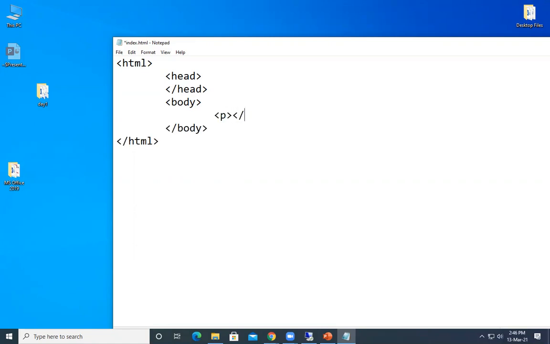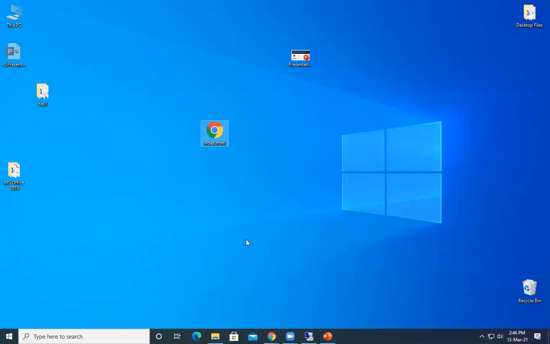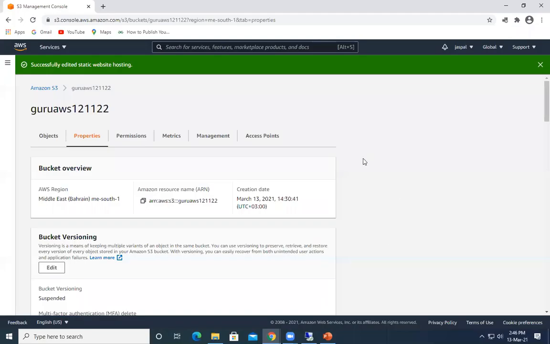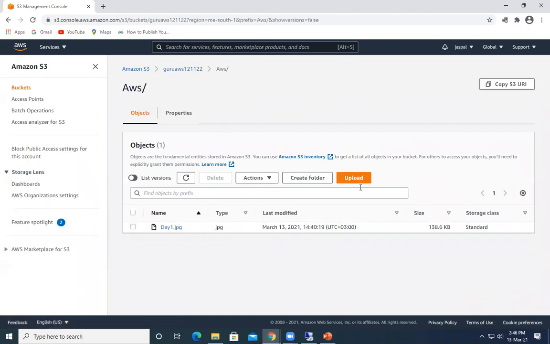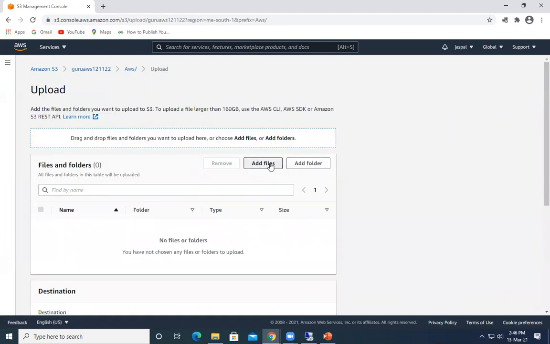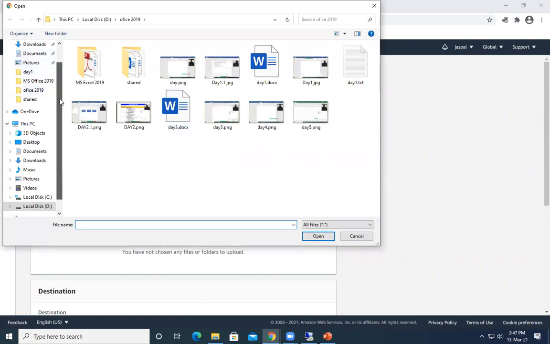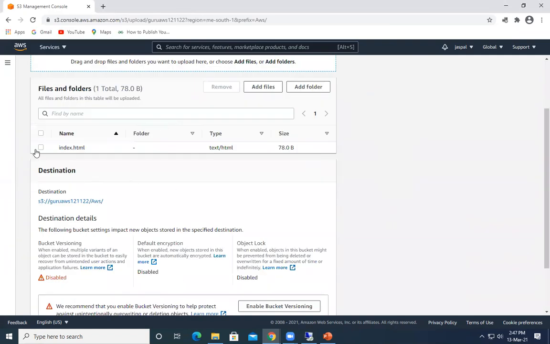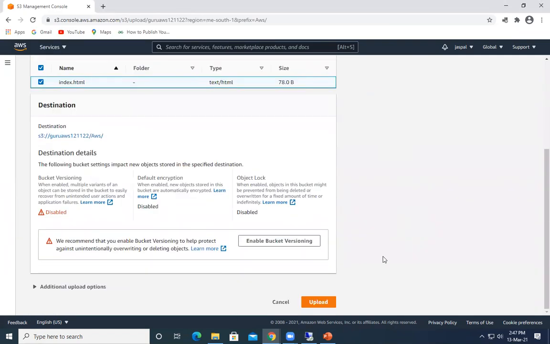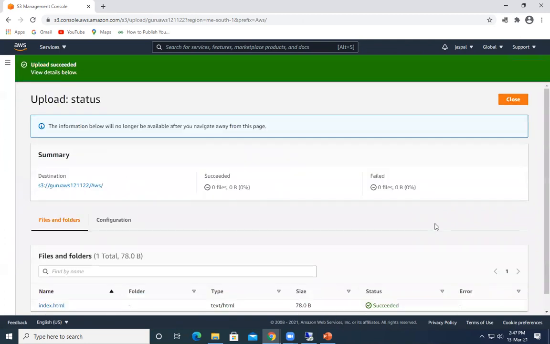We can also upload CSS files, JS files and so on. Let's upload this file. Go to our S3 bucket, choose this bucket, and inside the AWS folder I'm going to upload the file. Add files, index.html. I'm not enabling versioning. Let's upload.